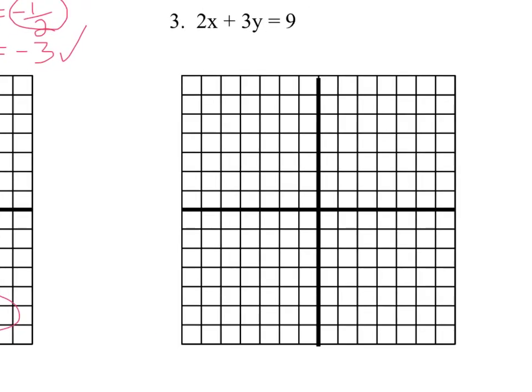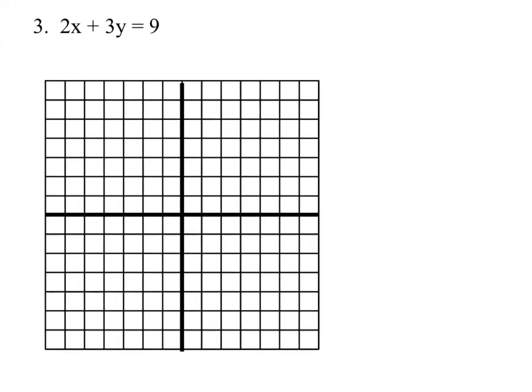Okay, let's look at number 3. Now, number 3 is a tad more difficult. It's not in slope-intercept form. So if I want to get this in slope-intercept form, I want to get y completely by itself. To do that, I'm going to move x over to the other side first. Since it's a positive 2x, I subtract 2x, cancel that out, and subtract 2x on the right side. So now I have 3y equals